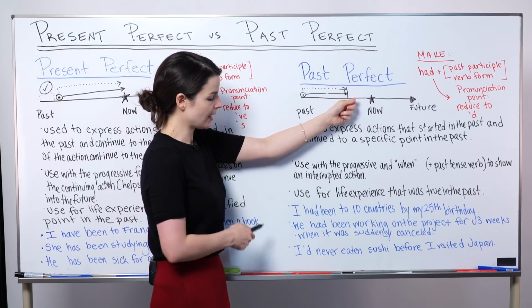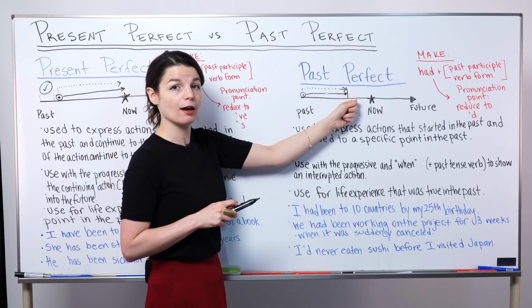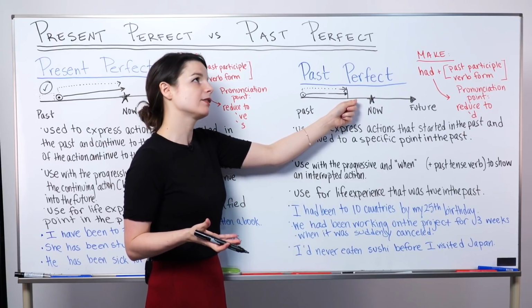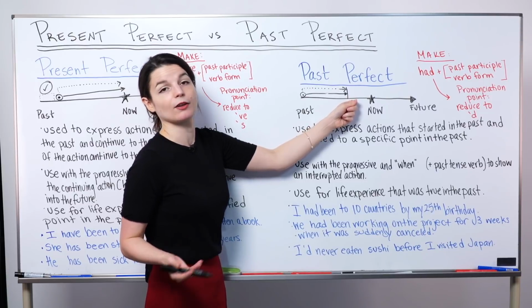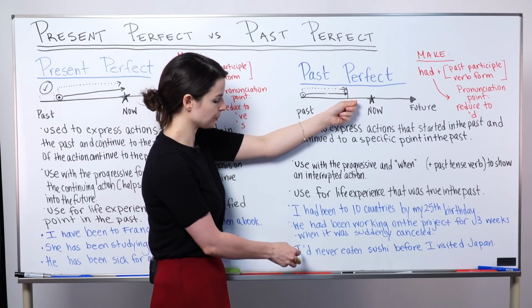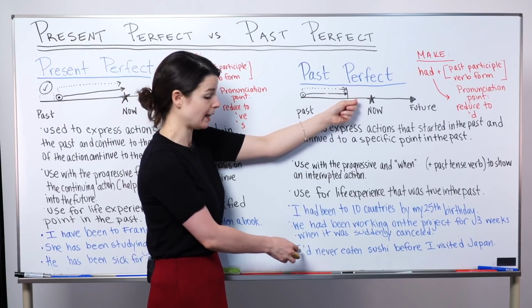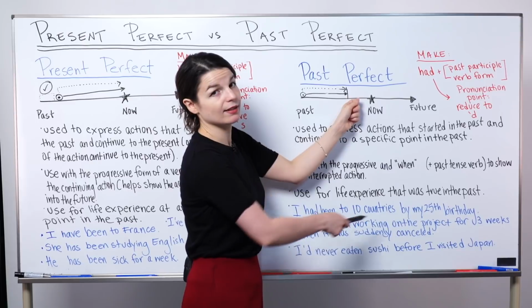So we express that with I'd never eaten sushi before I visited Japan. You might hear some people say I'd never eaten sushi before visiting Japan. That's also okay. But the key point here, we're communicating lack of experience in the past before this more recent